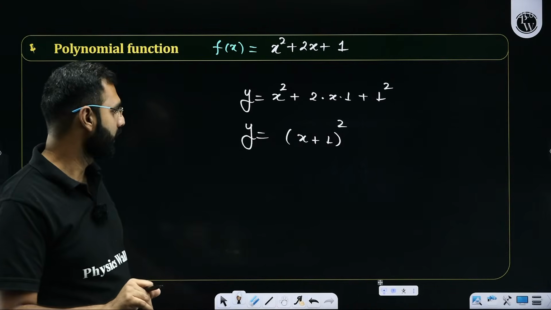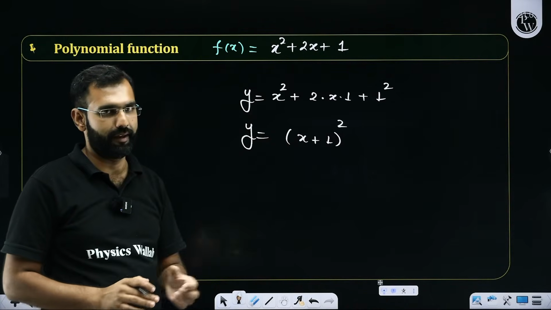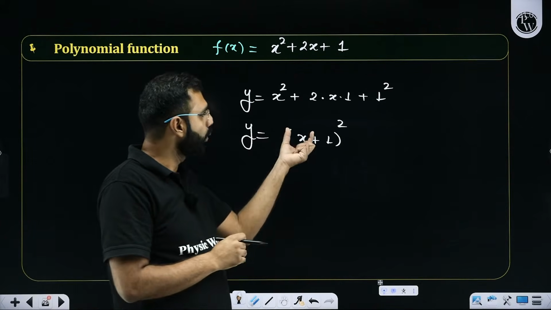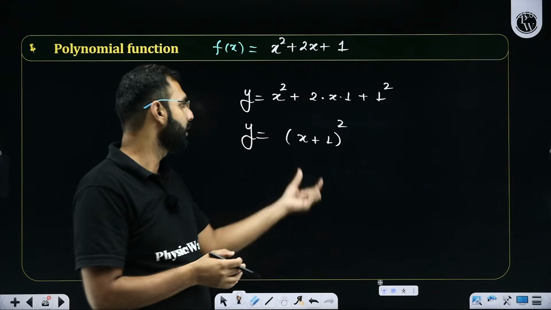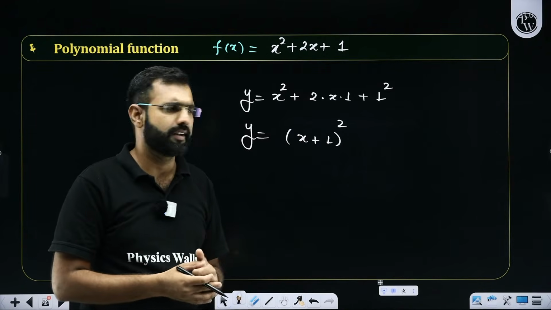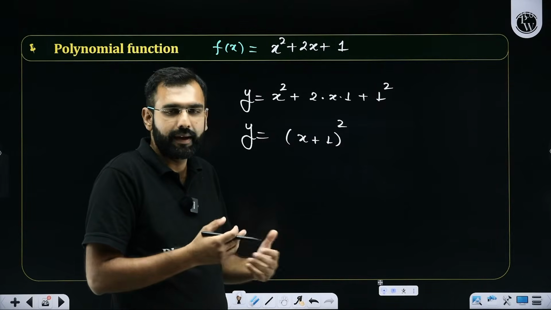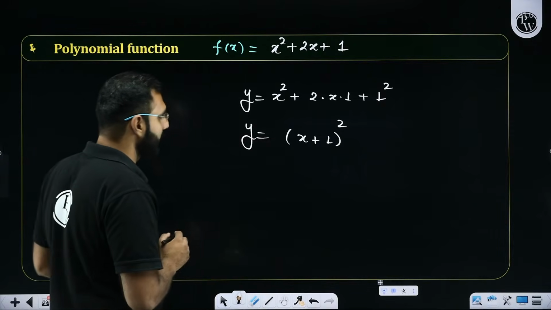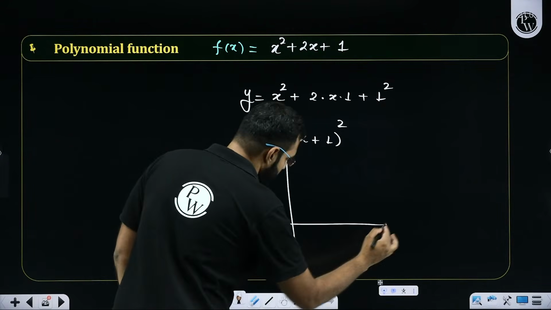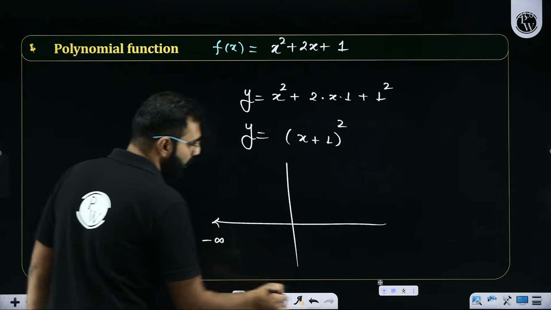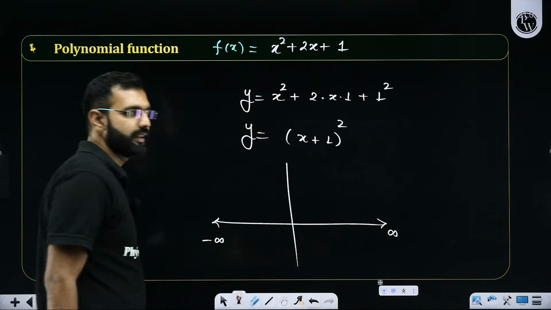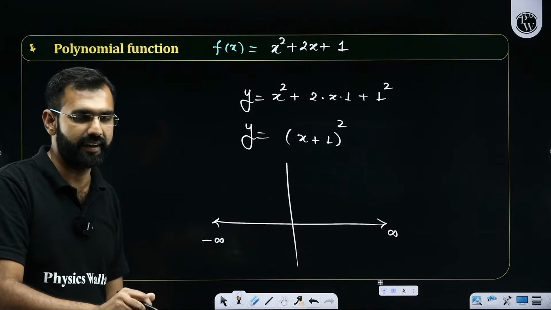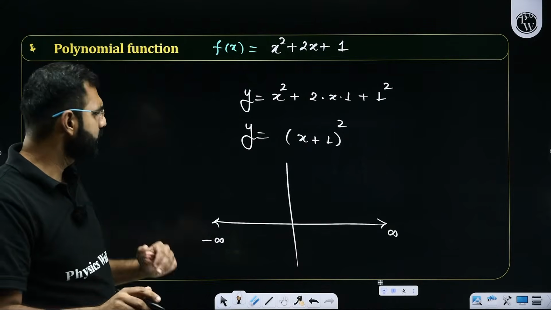Now please pay attention, everyone. x plus 1 whole squared I have. Use your brain and tell me what all inputs can you pass here? What all inputs can be processed here? Sir, I'll say if it is x plus 1, again it's a polynomial. I can try any value of x. Yes. So if I can try any value of x, I will say any inputs can be given, which means the graph will exist from minus infinity to infinity along the x-axis. Everybody getting it? Everybody agreeing with me on this? Are you all processing this idea? Yes or no?